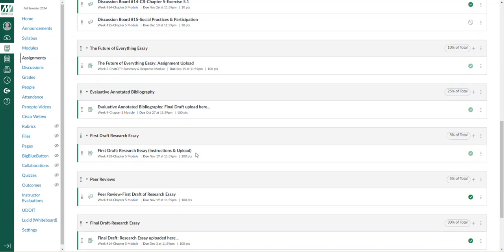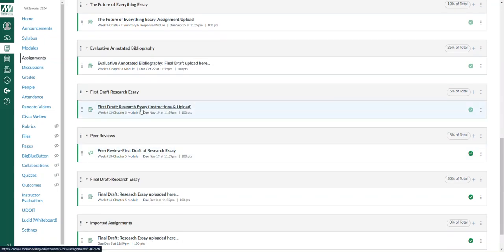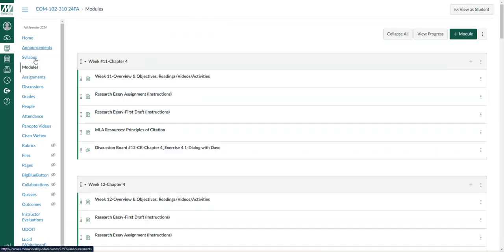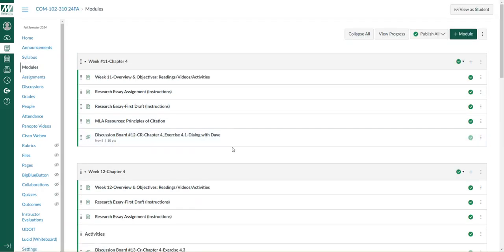So you're going to upload the first draft, and I'm going to grade it based upon that criteria and offer feedback and suggestions on how to go about improving it for the final draft, which I believe is worth 25 or even 30% of your overall course grade. So I just want to make sure everybody is aware that the assignment portion is my area to review.